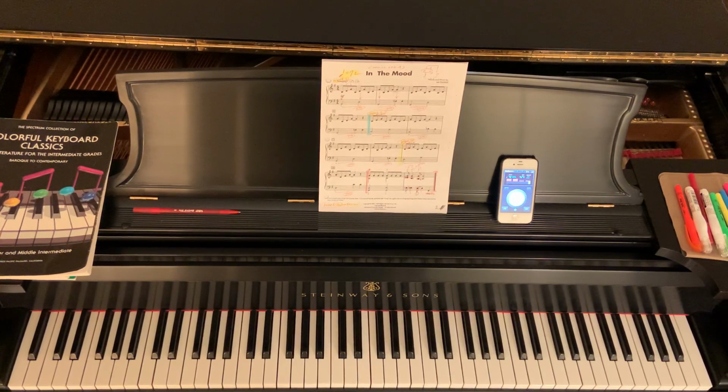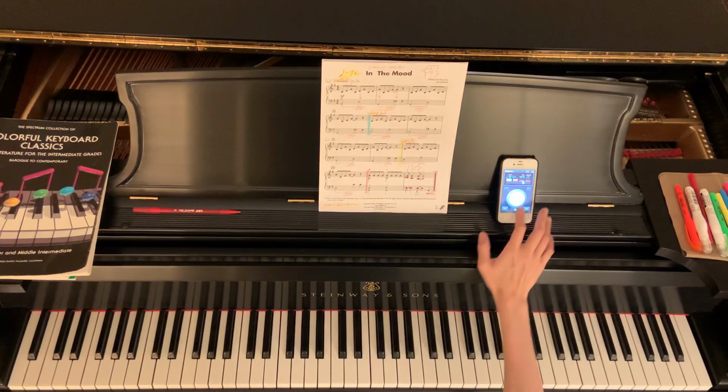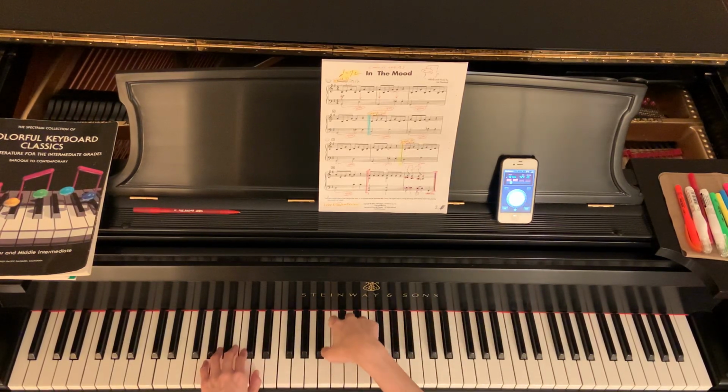Quarter note equals 72. 1 and dot 2 and dot 3 and dot 4 and dot 1 and dot 2 and dot 3 and dot 4 and dot 1 and dot 2 and dot 3 and dot 4 and